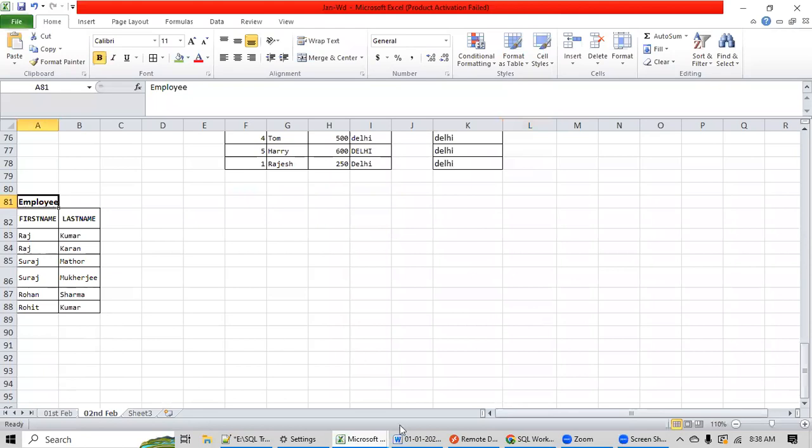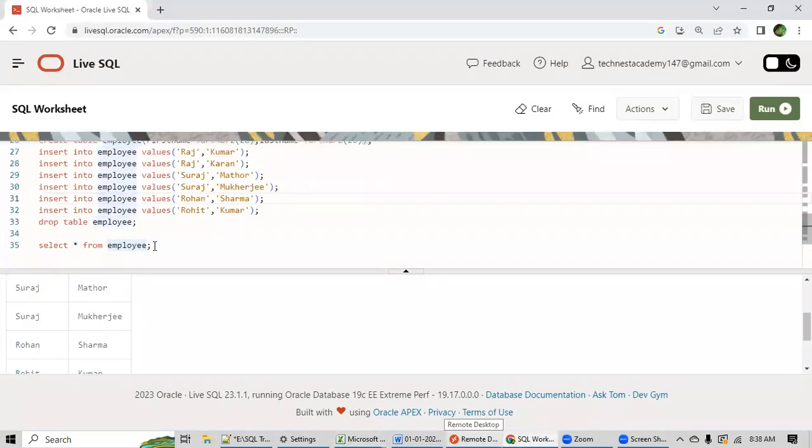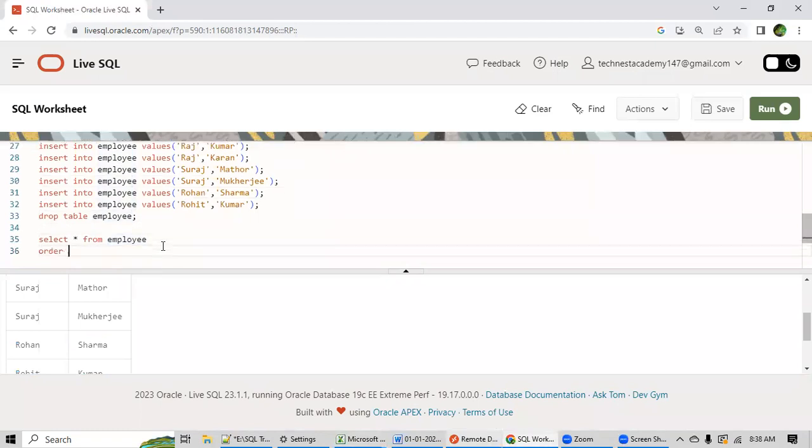Suppose here I want to sort this record in ascending order based on the first name. So I will write here, select star from employee, order by the column name first name. Okay, now I am running this query.